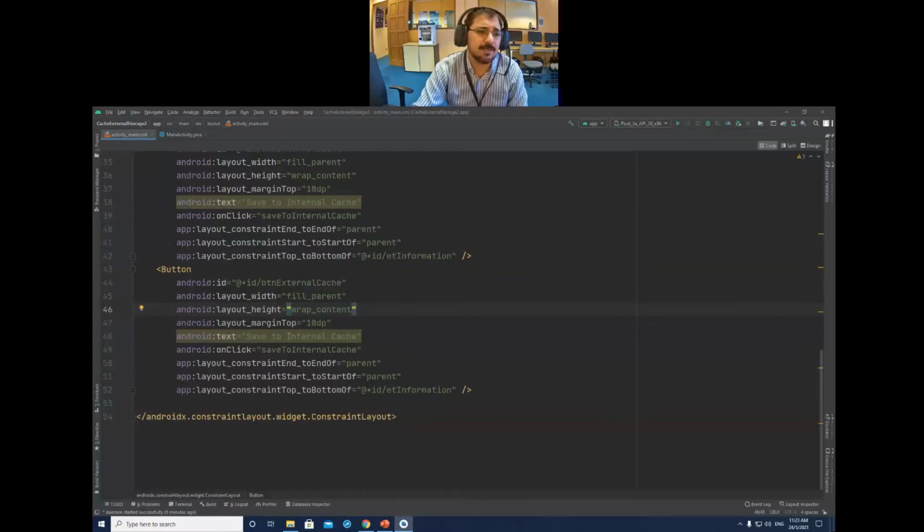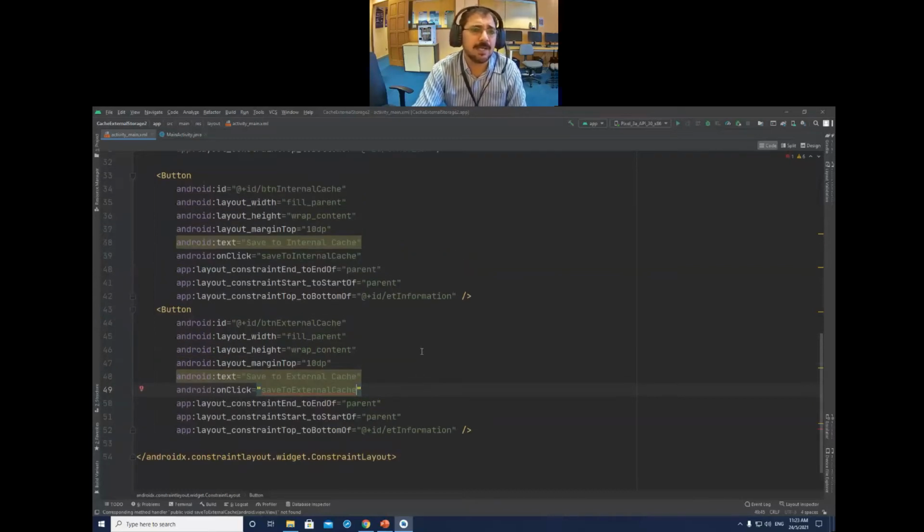The name should also be external cache, and the function should be save to external cache. And don't forget to change this one also, it should connect to this button.